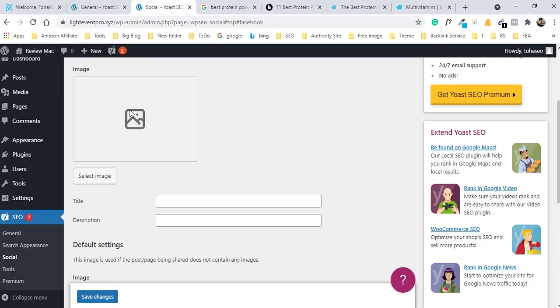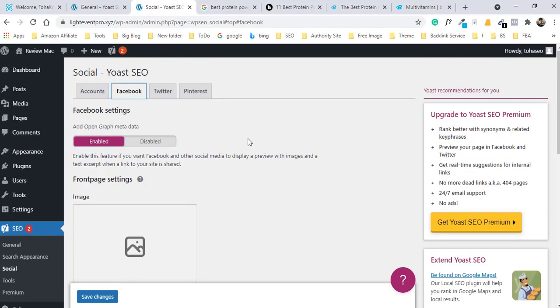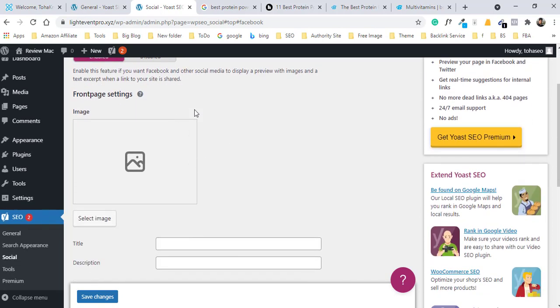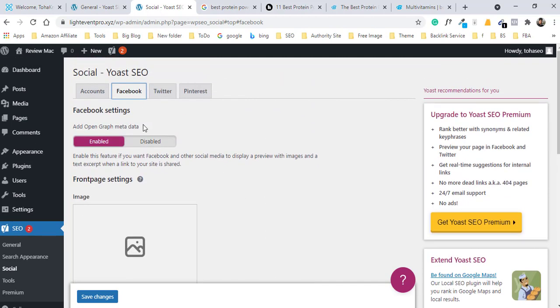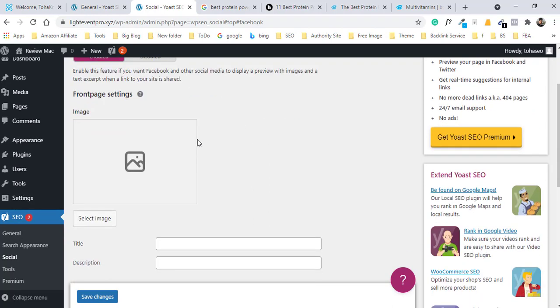So you can select your logo or any default picture. If you forget to add a featured image and someone shares your link to Facebook or Twitter, they see this image. Okay, so you can select any default image.